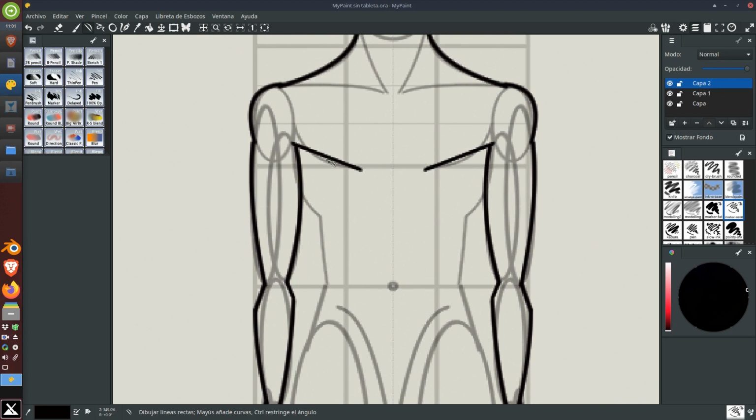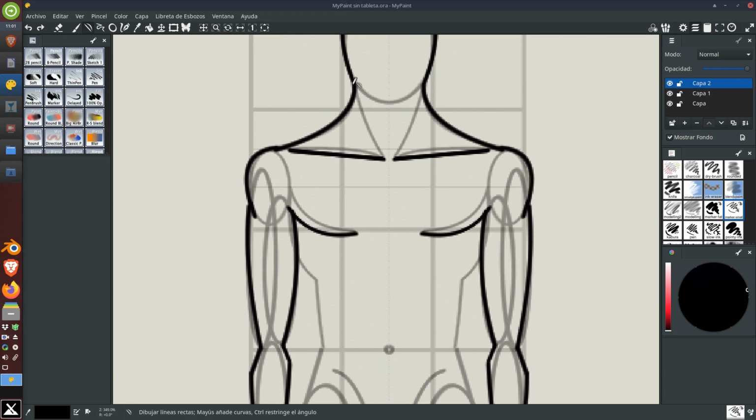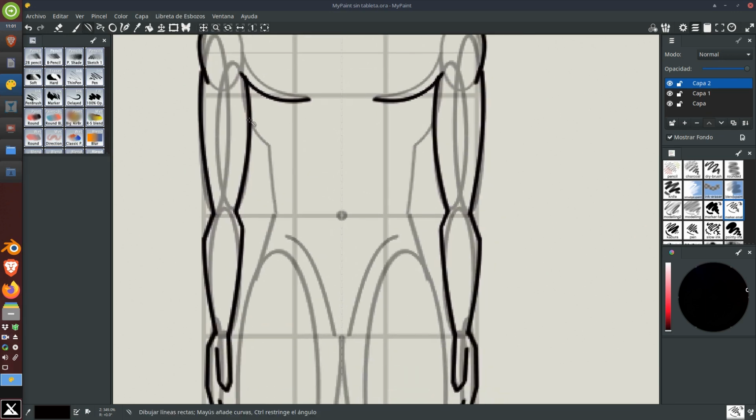From here to there we have both pectorals, the collarbone, sternocleidomastoid. Here we have the dorsals, the wrist, the waist,